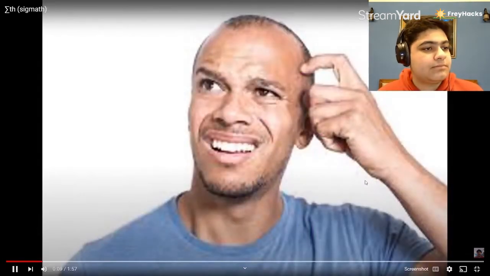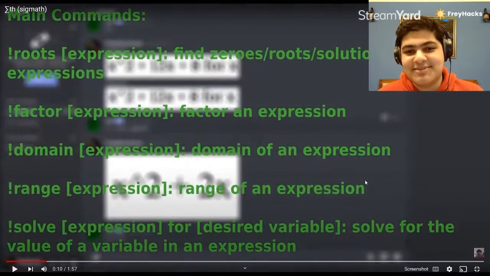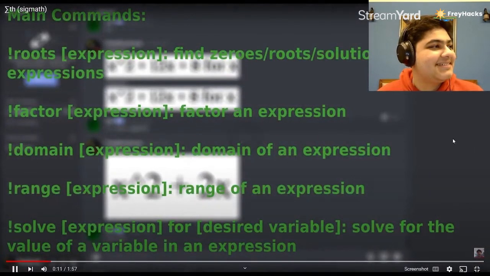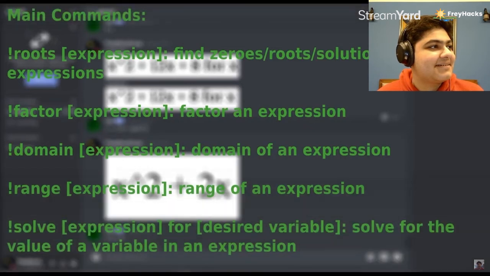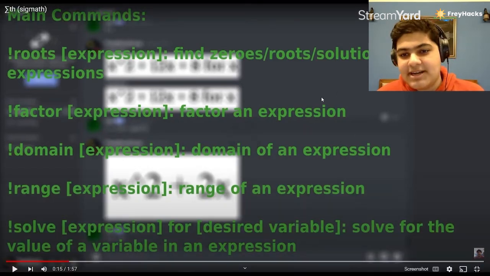Okay, but how does it work? Well, SigMath has two types of commands. The first of which is main commands. Main commands are commands where you have to write your